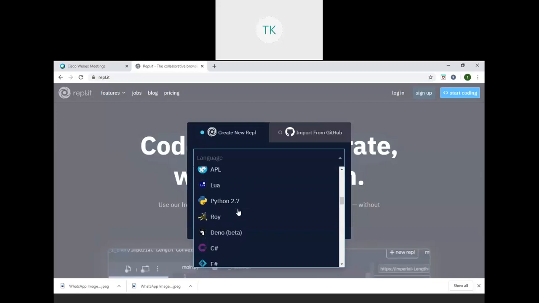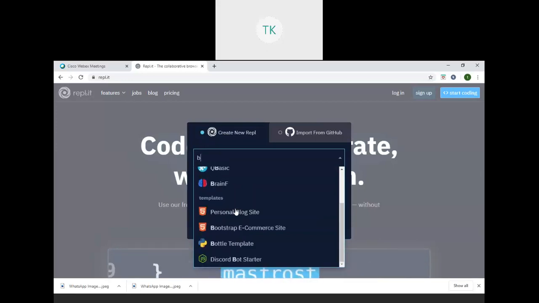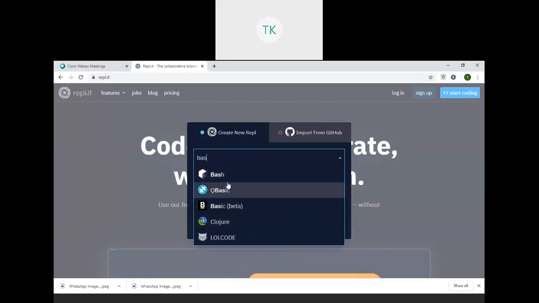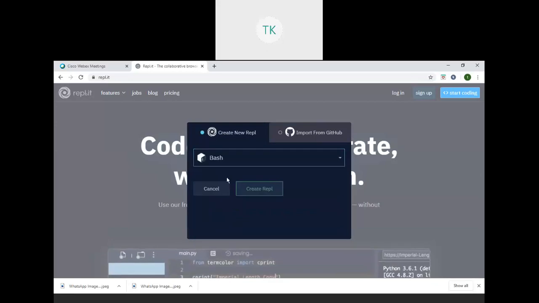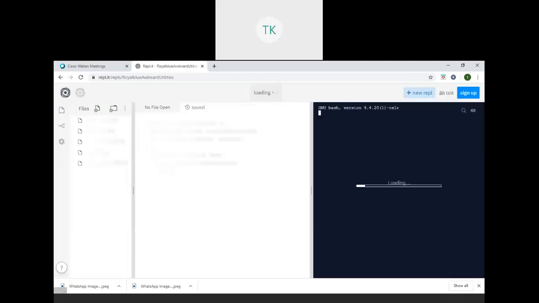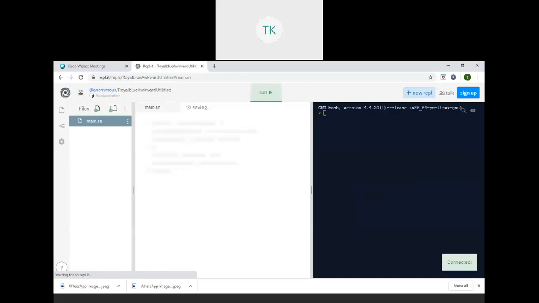There is a bash. If we select bash, it gives bash, create here. So you will get a screen, and there you can type whatever programs we like.